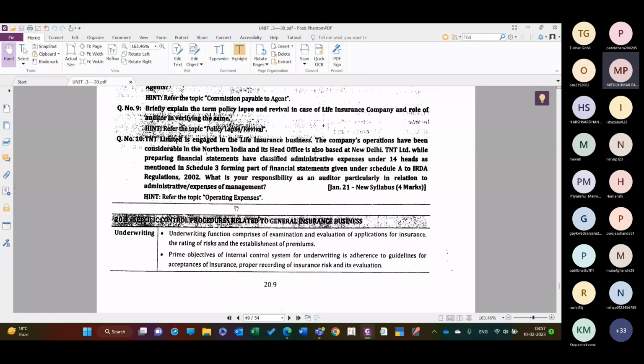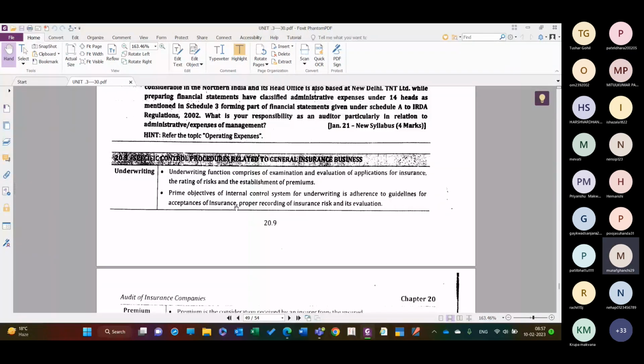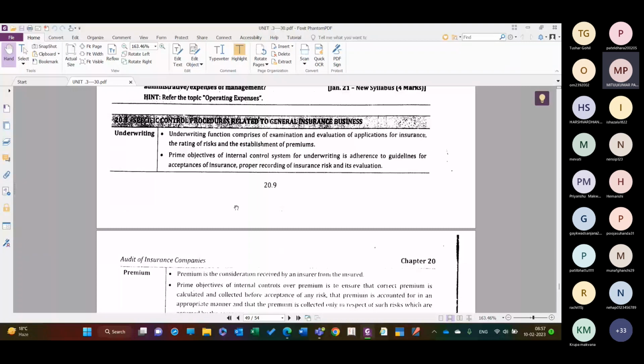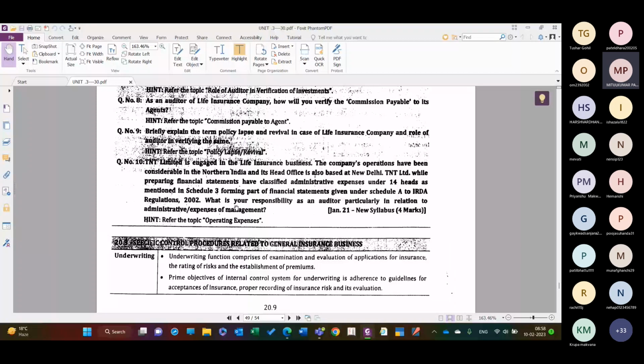And then specific control procedures relating to the general insurance business. Sir, हमारा लेक्चर है 10 बजे. हाँ मुझे पता है, I know that. I'm going to close the session. Don't worry. ये बात अच्छी है. सारी रिक्वेस्ट मुझे ही आती है ना. कोई टीचर कोई भी टाइम पे लेक्चर रखता है. Everything I have to have. Even I don't have the opportunity to take the offline lectures because I have other duties. Even other teachers are arranging all the duties. I don't know. The students are asking me to compromise everywhere.